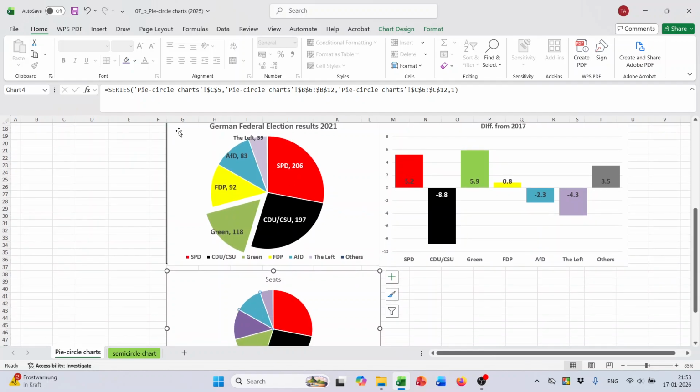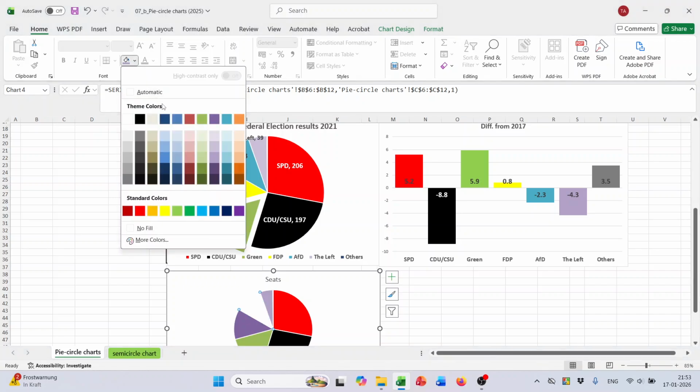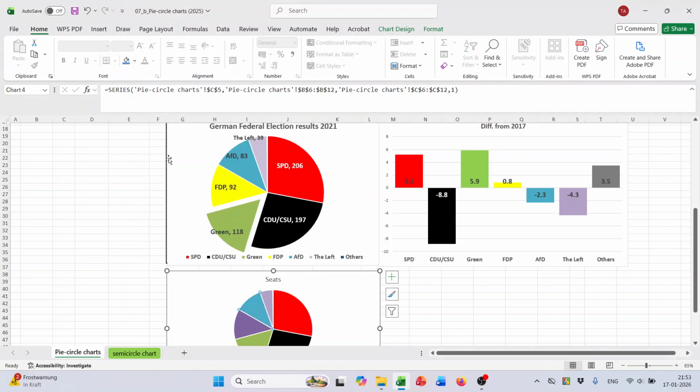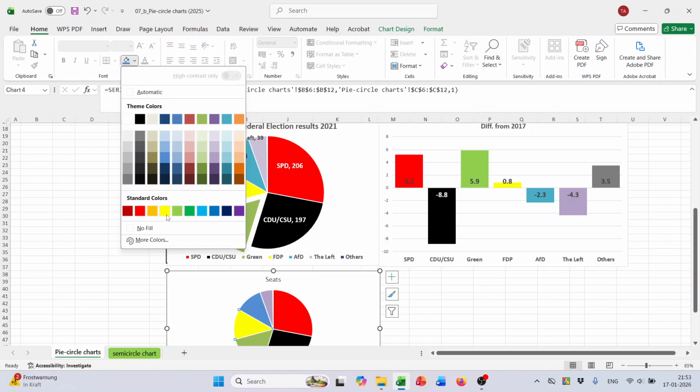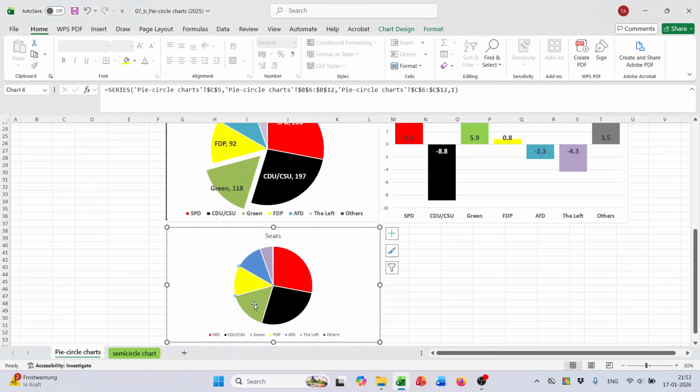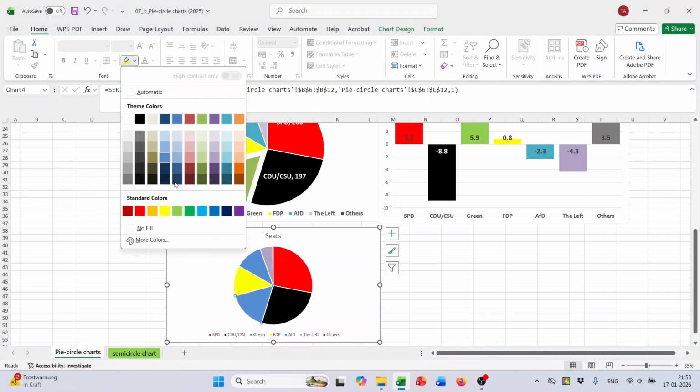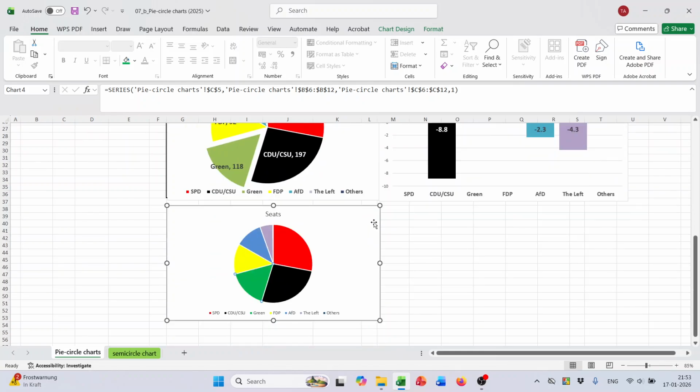Then this thing should be darker green. Oh, sorry, darker blue. So this thing should be yellow, and this one should be green. Okay,